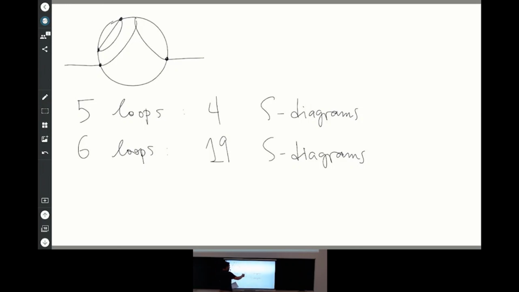But since I know what the structure is going to be like, I can say, well, I know that the 6-loop beta function is not gradient, but is this B function gradient. I don't know the coefficients, but let me add it in and check if there is a choice of coefficients of this S diagram such that the flow remains gradient of this B field. And when you do this, you find 4 equations that these coefficients have to satisfy. This one, for example, you find an equation that fixes it.